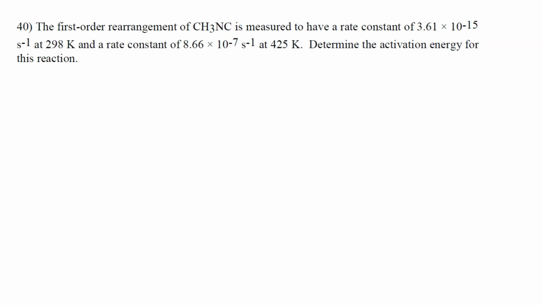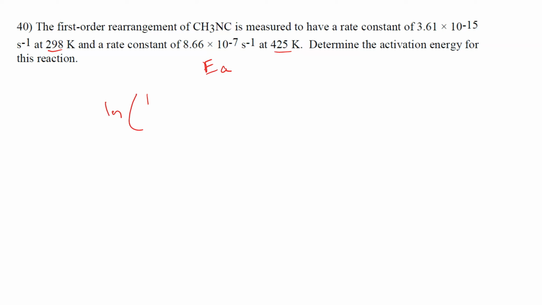So right out the gate, we know we need to find activation energy. And we have two sets of reaction conditions. We have one at 298 Kelvin and one at 425 Kelvin, and we have rate constants for both those. So right out the gate, your brain should start thinking, we have a T1, we have a T2, we have a K1, we have a K2, and that should prompt the following relationship: